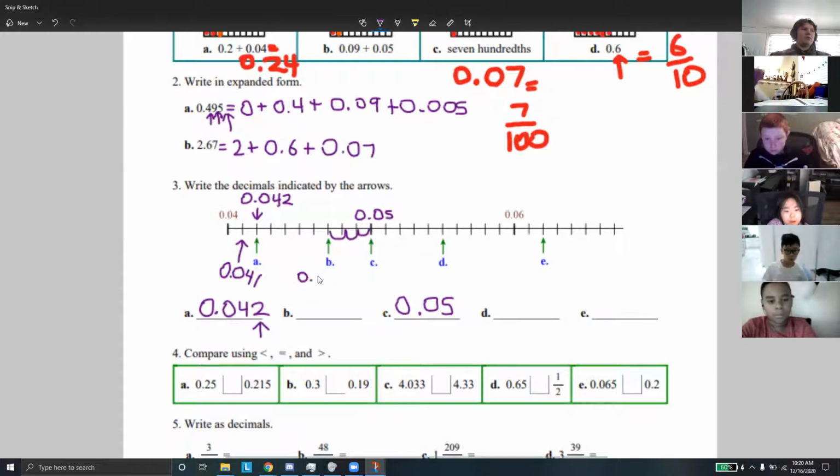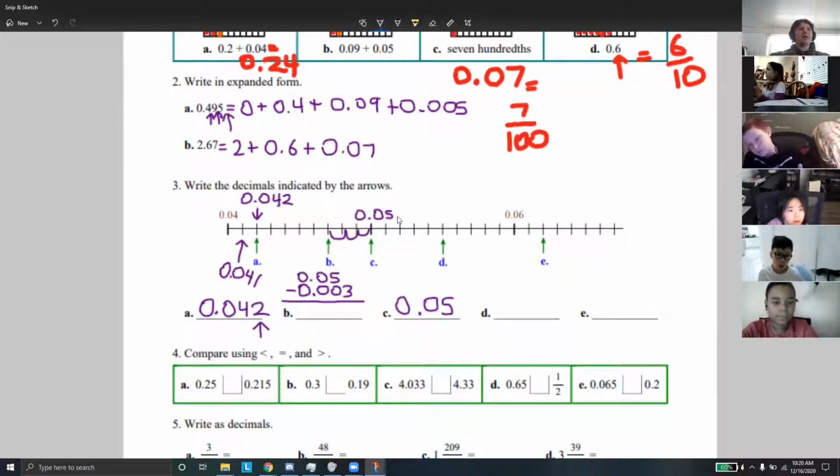So we know that it's 3 thousandths, 3 ticks, 3 thousandths less than 500th. So we could do this, and that would tell us our answer. Or we could also kind of just do it in our head and see if we have